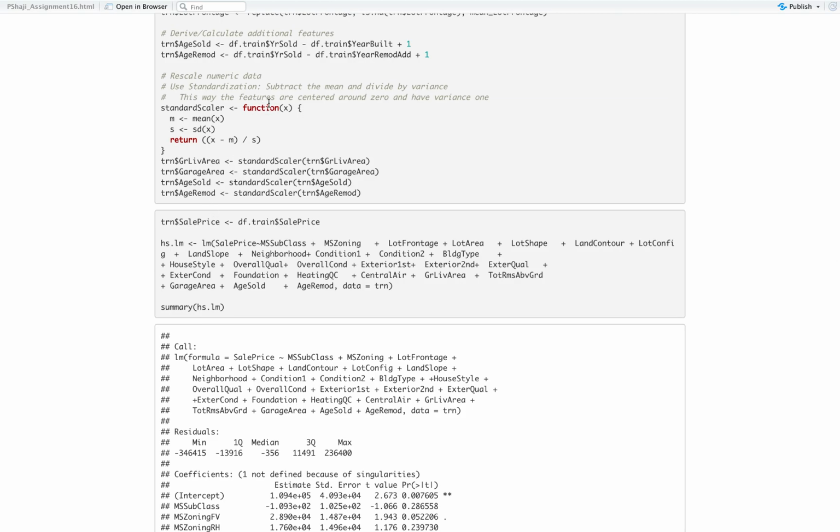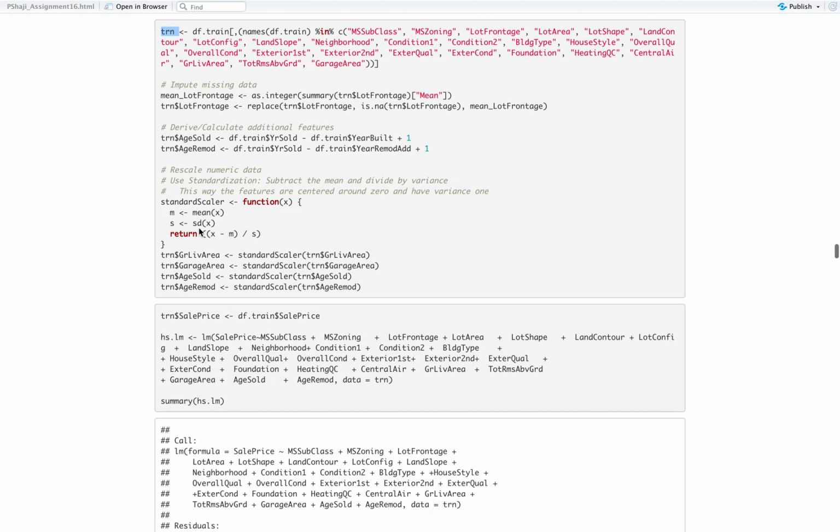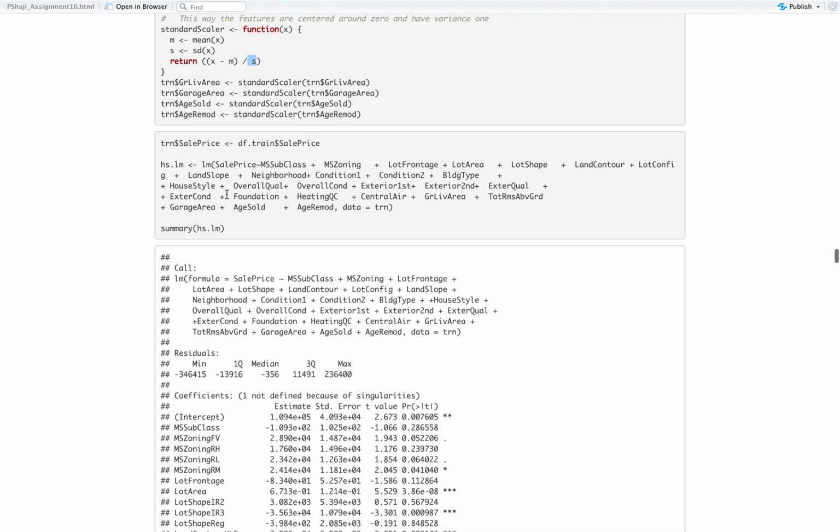After that, I create a function called standard scalar and then find the mean and standard deviation of the parameter I pass to it, and then return a function x minus mean divided by the standard deviation. So after that,